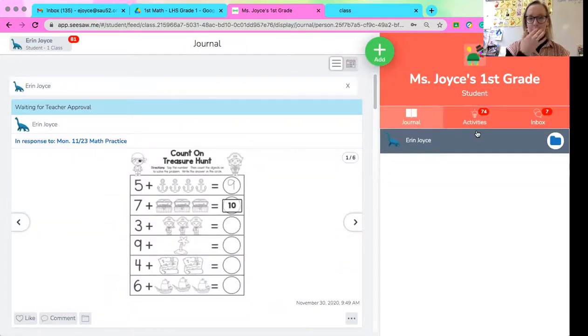So that is a hopefully quick-ish overview of how to access Seesaw, how to look for activities, and how to submit them. I think the big things to know are there is always a video or audio directions from me or from another teacher telling them what to do for each activity. And then I've made a point to always put a template attached with the activity so they can complete it on Seesaw without needing the paper copies of any of those things,